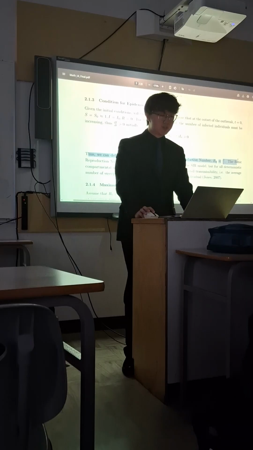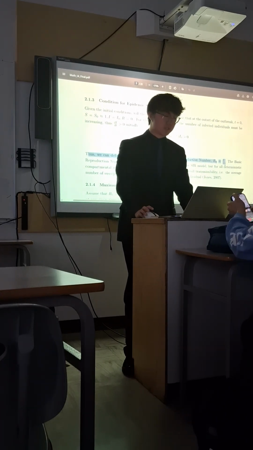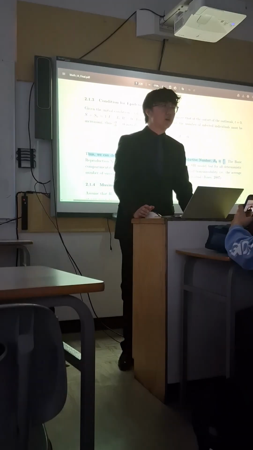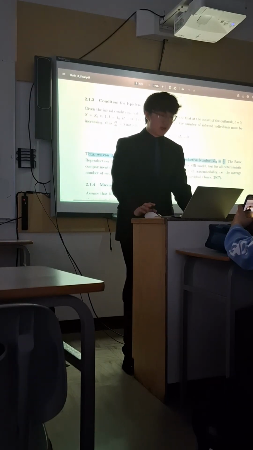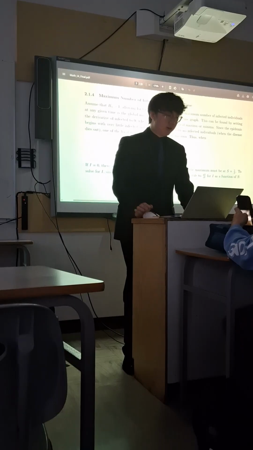And this is a very important value. It is known as the basic reproductive number, and it's very widely used in scientific literature relating to epidemic spread. So I talk about here that the basic reproduction number, R0, is very important, and it's going to be used later in my investigation. All right, now